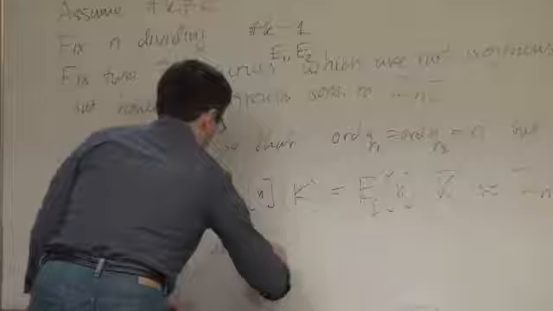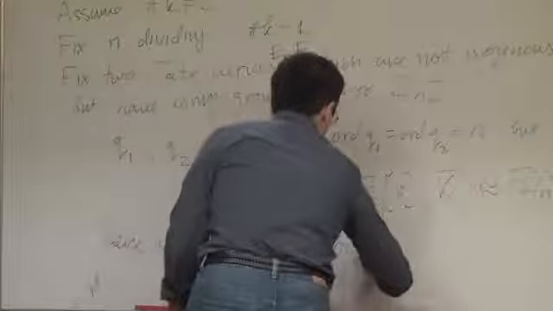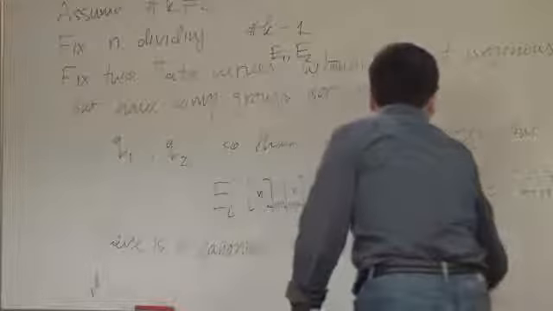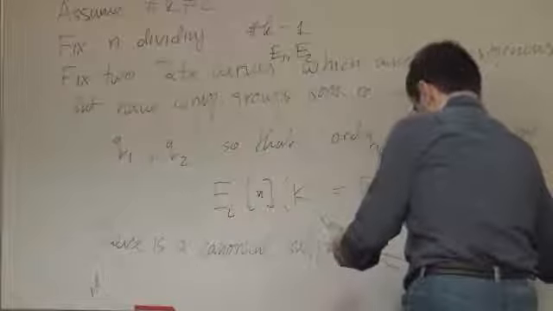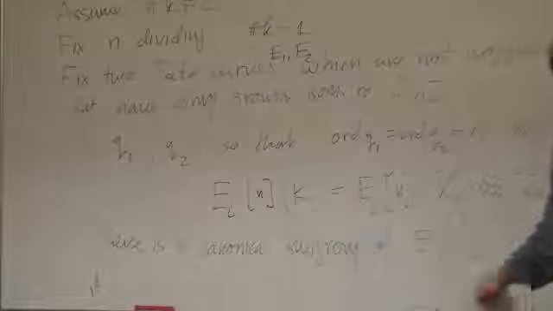Okay, so now there is a canonical subgroup of E_i[n] corresponding to, okay, so what I mean by this,